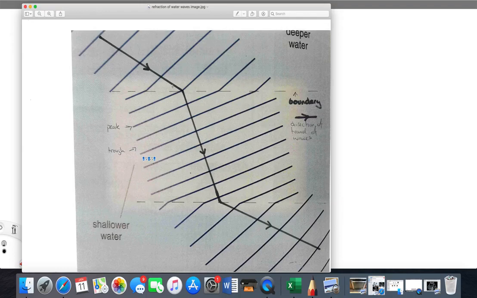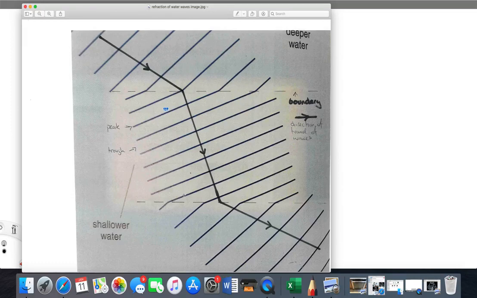And you can see that as the wave comes into the shallow water, it starts to slow down. So if it was traveling at the same speed, this bit would be here. But this bit is traveling more slowly than this, and so it's lagging behind. And so the effect is that the waves are bending towards the normal. My normal would be in here. And they're bending towards the normal. So in doing that, keeping them parallel, of course, as they are here, you end up with the wavelength getting